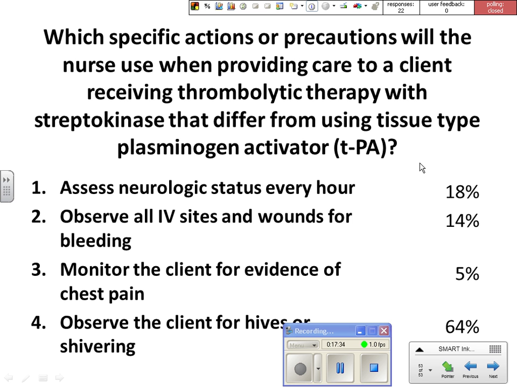Monitor for evidence of chest pain. Yeah, if the patient is getting the streptokinase because of an MI, you'd want to monitor for chest pain, regardless of what type of thrombolytic. But would you, for all other types of thrombolytics, be looking for hives or shivering? No, because only streptokinase can cause an anaphylactic reaction. Okay, so